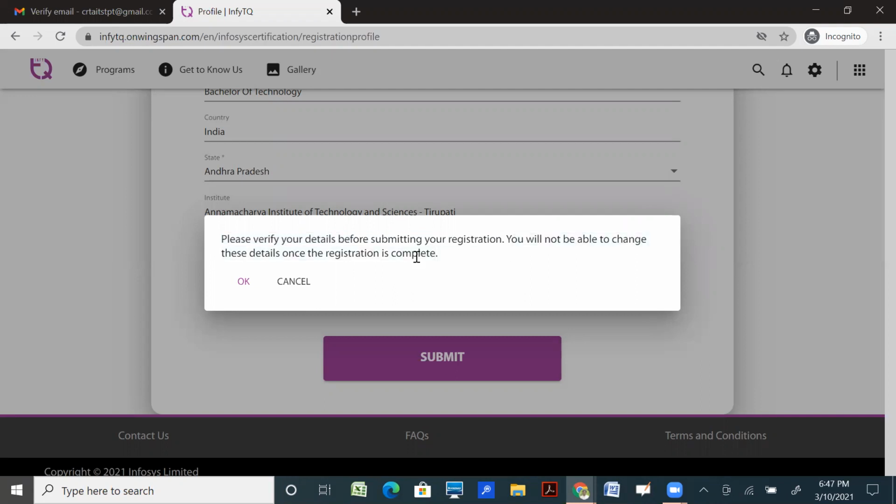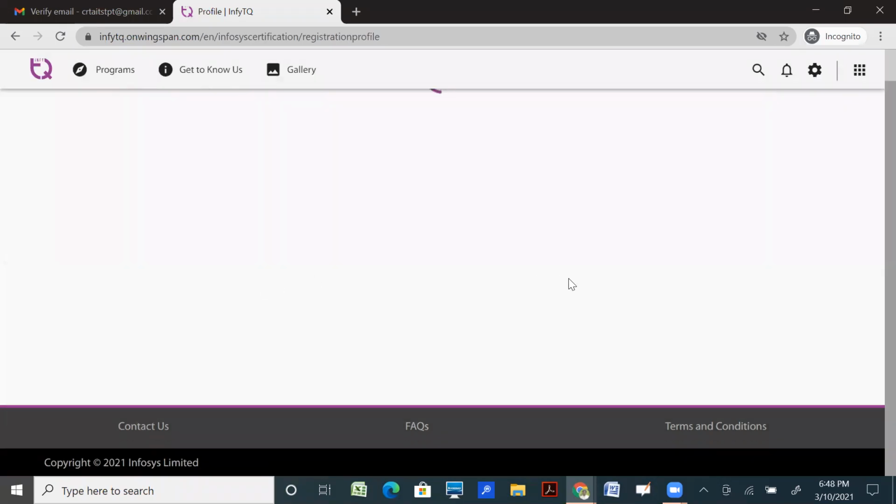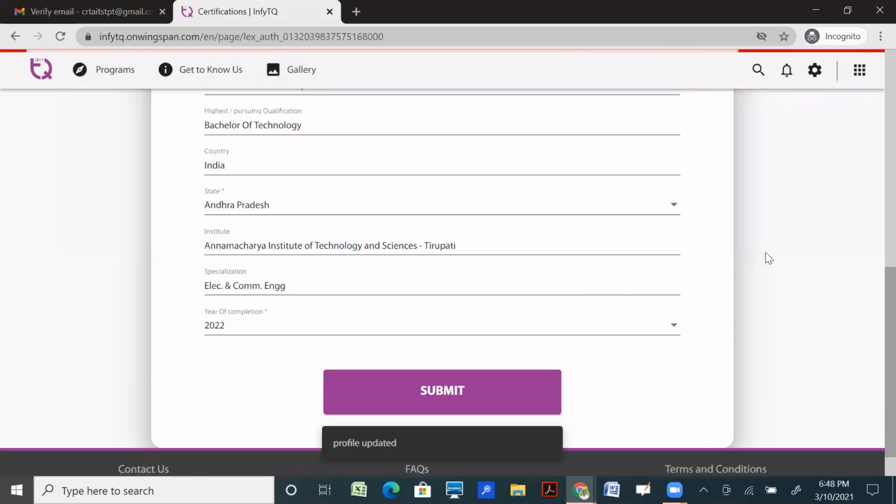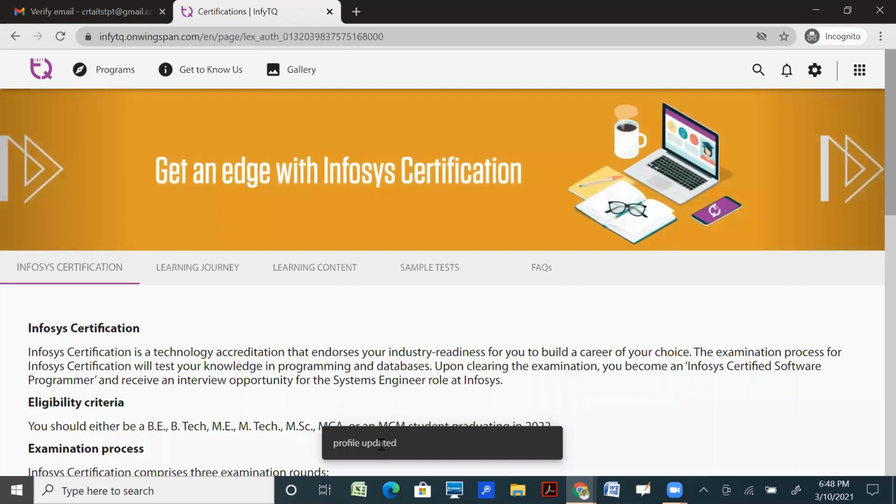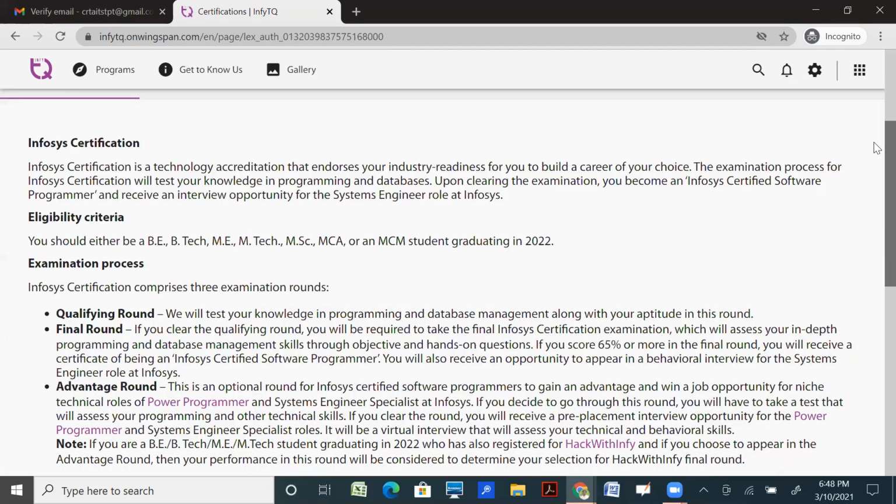So make sure that all the details filled in here are correct before registering for the Infosys Certification, then click on submit, then click OK. Now the profile has been updated with the Infosys Certification.